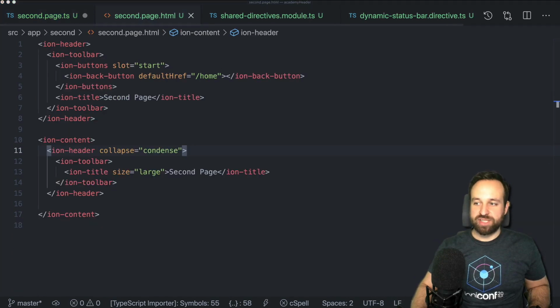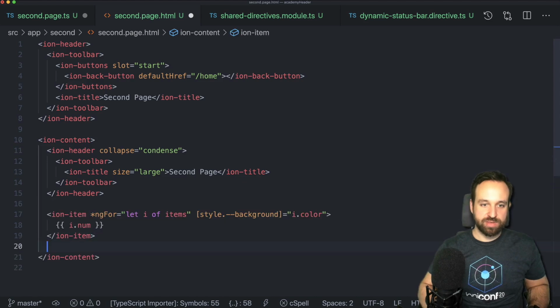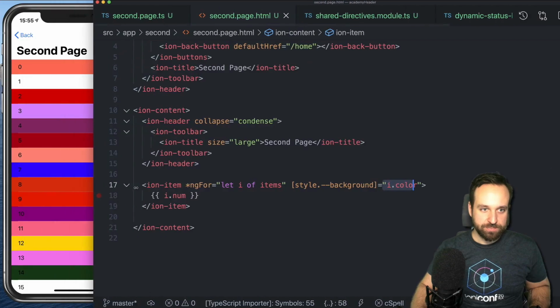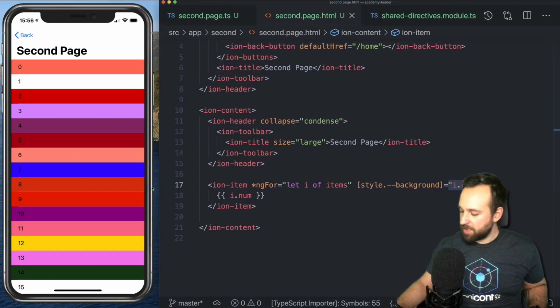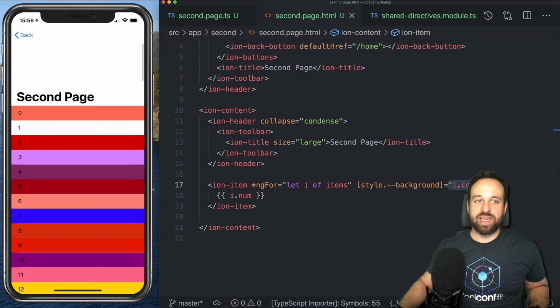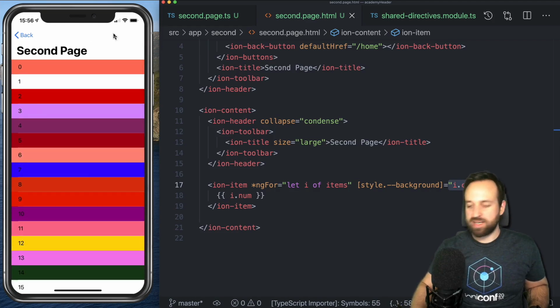And then we're gonna use this on our second page, just here somewhere on the page, to iterate our items, and we're also gonna set the background to the random background of that item. That should look pretty funny. Ha ha. Okay, we can now scroll through the page and everything is okay because our header is still in